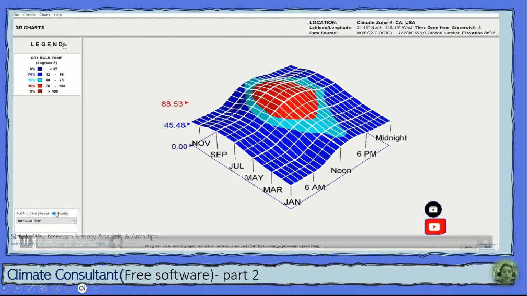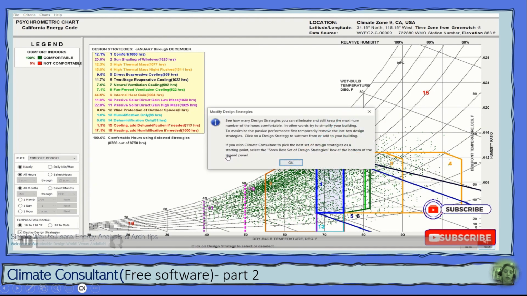And also this is the 3D chart. The previous page was the 2D chart. This is the 3D chart. It's a good way of visualizing climate data. This is the most important page and part of